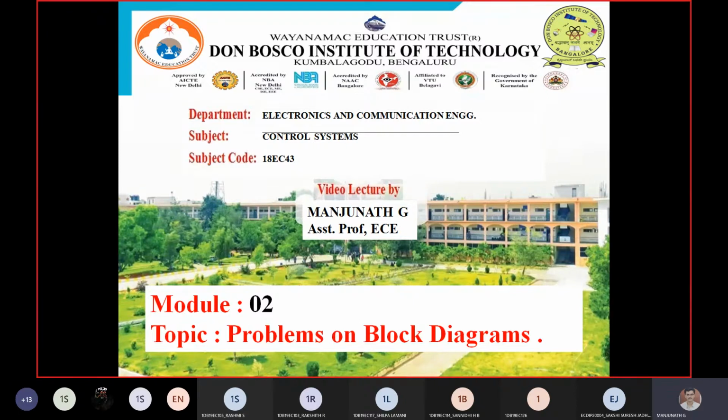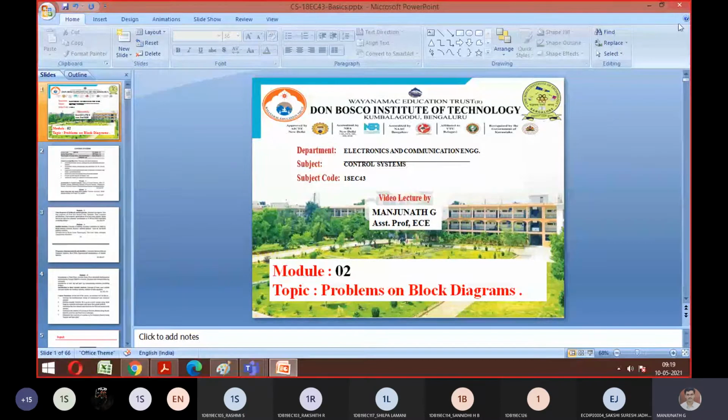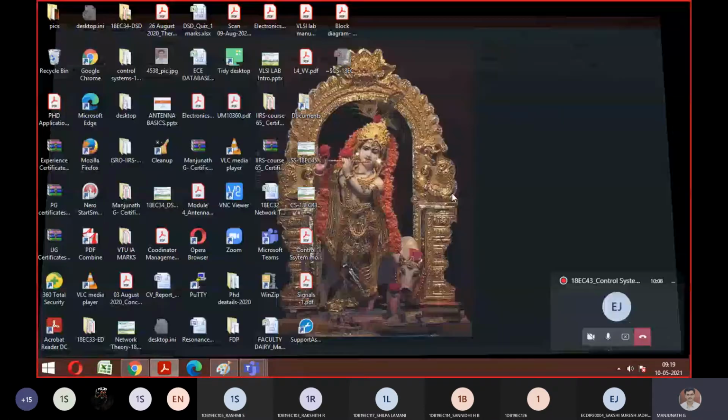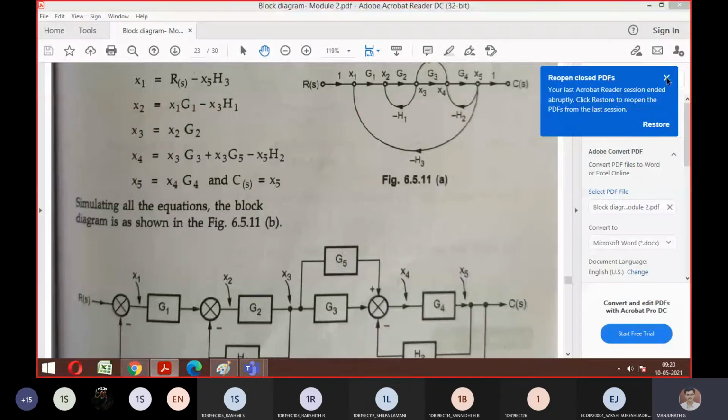Okay, so I hope everyone remembers the procedure we learned, right? So 9 steps. So summing point, breakaway point. I told you there are 3 different names: takeaway as well as pickup point. So using these 9 reduction techniques, we will try to solve the problem. So let's move on with the same. Today we'll try to solve some different problems. But before that, let's recollect the things.